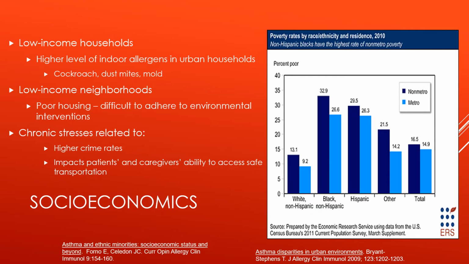So let's talk about the role of socioeconomics and asthma severity. As you can clearly see on the graph on the right, regrettably, Hispanics and African Americans disproportionately suffer more from economic hardship than other groups, especially the white groups. So a lot of the result of this is that you have to live in low income households. When you don't have a lot of money and you rent a house or an apartment, whatever you have, a lot of times you get higher levels of indoor allergens in these.